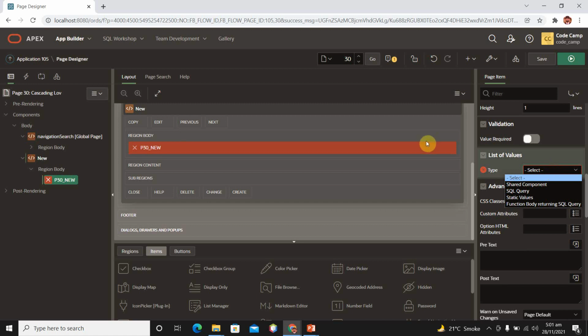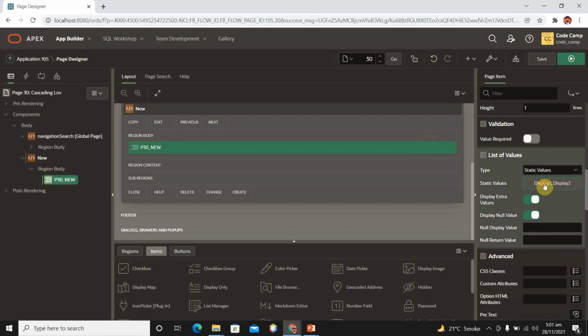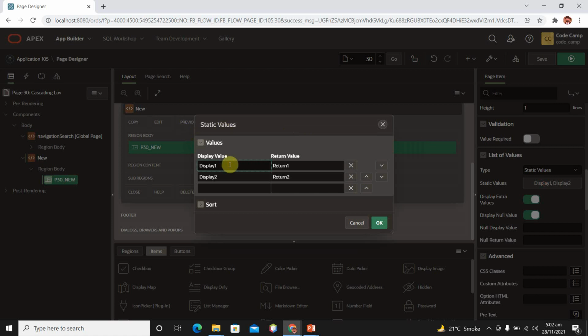Let's start with static values. Here we have static values, yes, and then no. When users select yes, the value should be saved in the database as Y, and in case of no, the value will be saved in your database or your application.